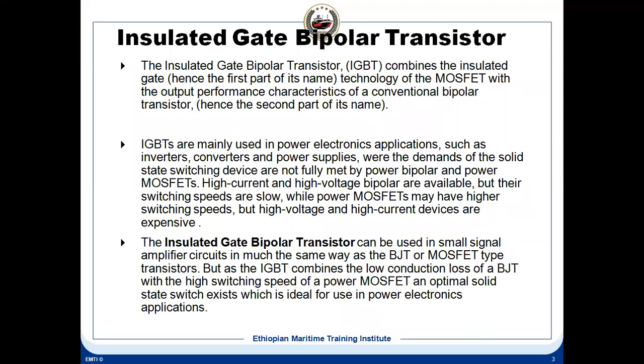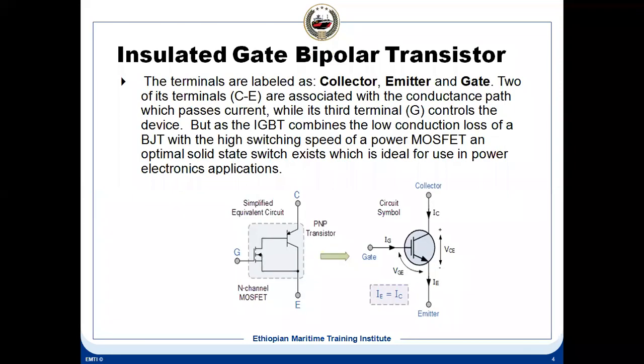So when you combine these, basically a BJT has low conduction losses and a MOSFET has a high switching speed. So these are the two properties. We are making an IGBT from these two power electronic devices, BJT and MOSFET. In this you can see the MOSFET and transistor. If you look at the inside, you can see one side is a MOSFET, the other side is a PNP transistor. So both have been put together, then it becomes an IGBT.